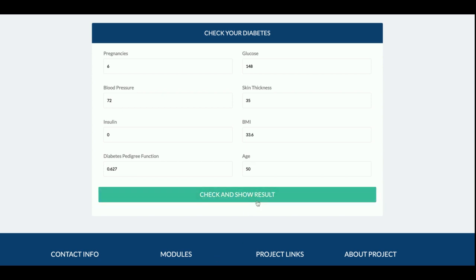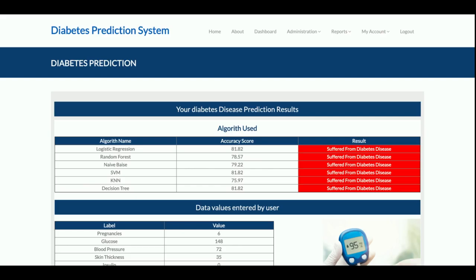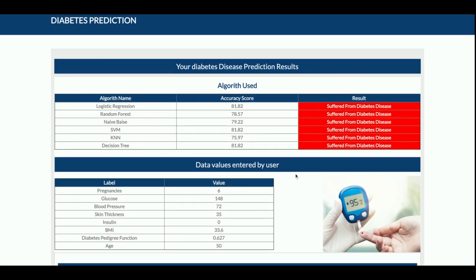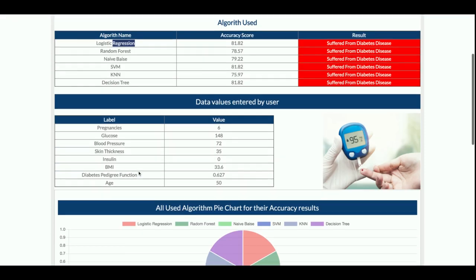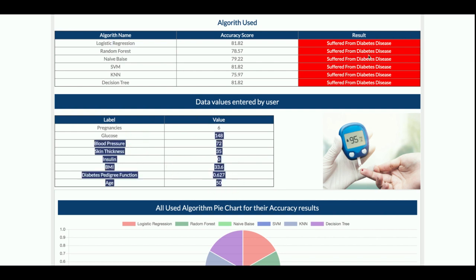So check your show results, right? Once you click on it, it will take hardly 3 to 4 seconds to perform the testing. You can see it says suffer from diabetes for all of the algorithms. I have implemented 6 algorithms: logistic regression, SVM, naive Bayes, KNN, and decision tree. And for the value you have entered, all of the algorithms are saying that you are diabetic.